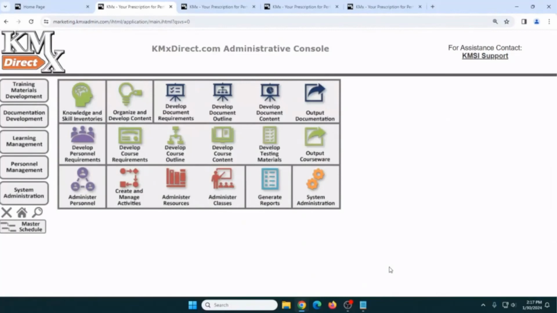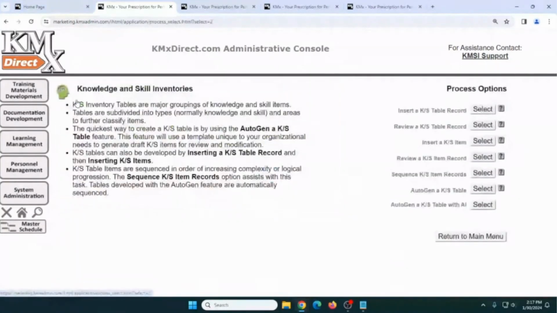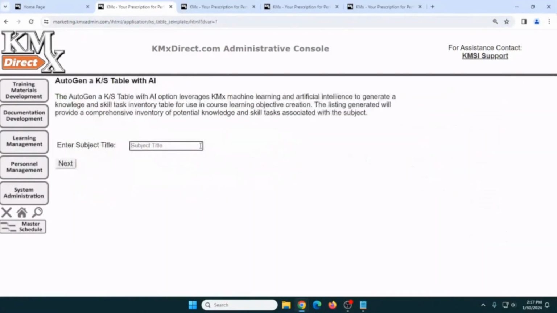And so the goal here is to get a task inventory table for enterprise resource planning. We're going to start with that. And that's under our knowledge and skill inventories menu item. I'm not really trying to teach the system today, but at least you know what I'm clicking on. And we've got these auto-gen features. We can either go ISO 9000 or we can let AI take over and run with it. We're going to let AI take over and run with it today. And we're going to do